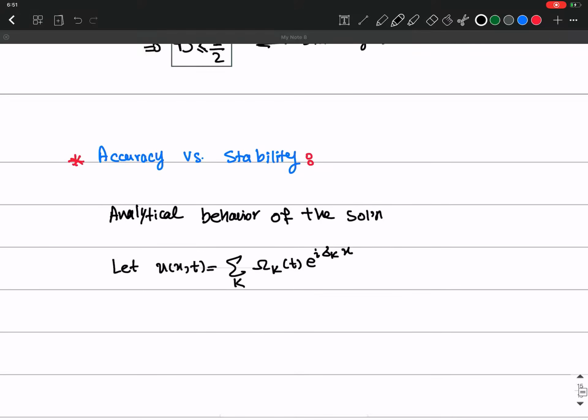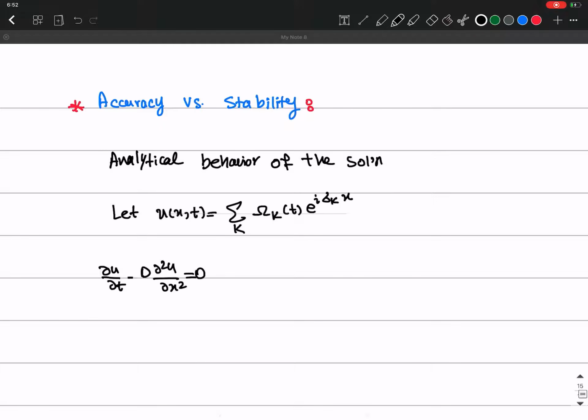So for example, for this diffusion equation, partial u over partial t minus D partial squared u over partial x squared equals 0, we can write